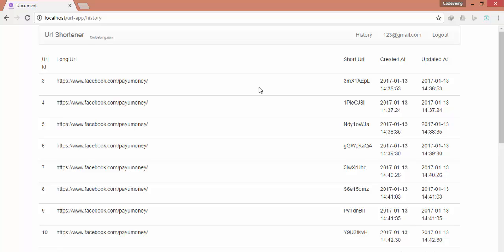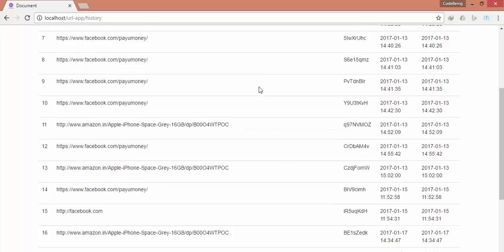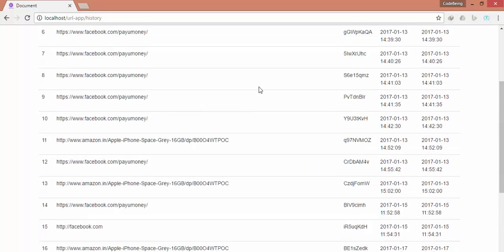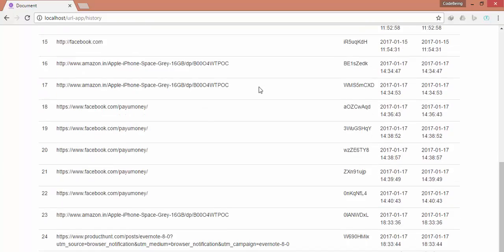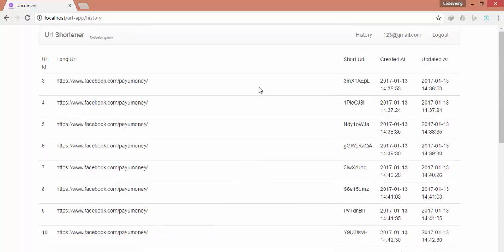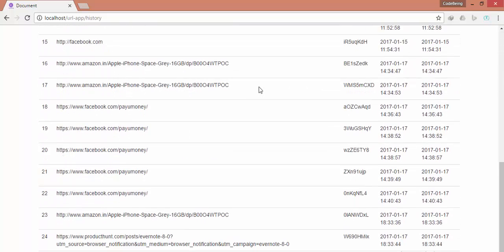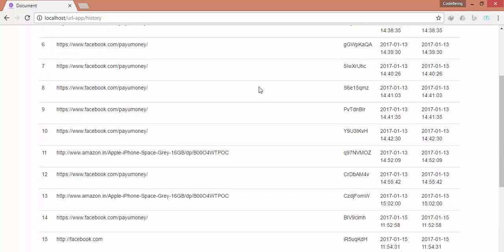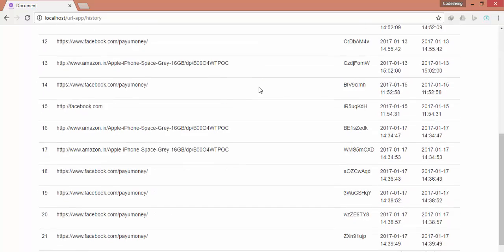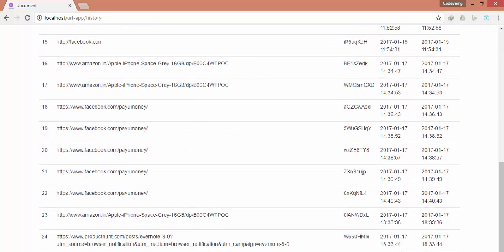One thing you must take care that we are actually fetching all the data which is stored under URL table filtered by the user ID. But see, if the data is very long, or there are a very large number of URLs submitted by the user, maybe 100,000, then it will be very tough to show all the data here. We need to show data page by page. That means first 10 results will be shown here. And also see that the URLs are not sorted properly. That means the first URL submitted is showing in the first page, but we need to show it in reverse order. That means the last URL submitted by the user, that is this URL, we need to show it